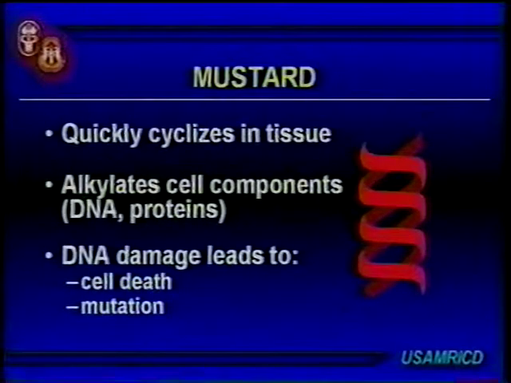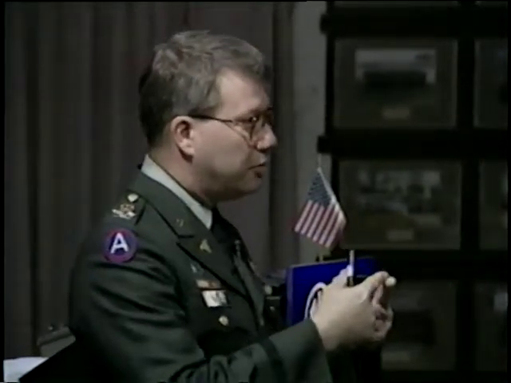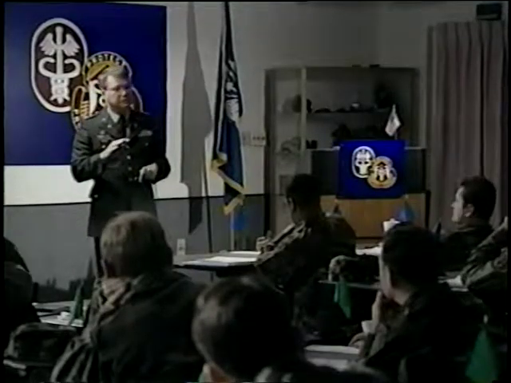Mustard, and I haven't said it yet, is an alkylating agent, just like nitrogen mustard, just like Cytoxan and some of the other things. What alkylating agents do is they take carbon-carbon bonds and rearrange them. So you can imagine that if the carbon-carbon bonds in your DNA have been rearranged, it's not too healthy. Likewise, it can affect the bonding in the carbon-carbon bonds in your cell proteins, your membranes. Mustard attacks just about everything it comes in contact with.